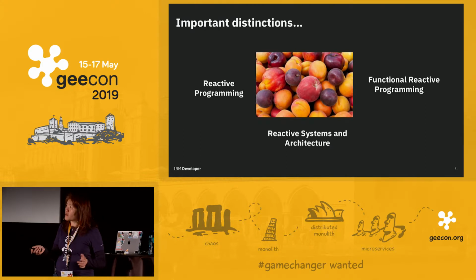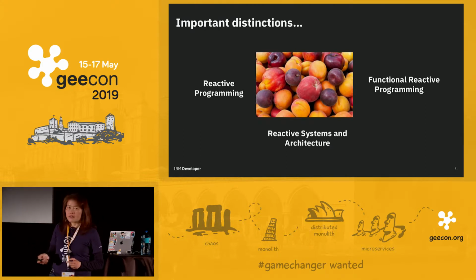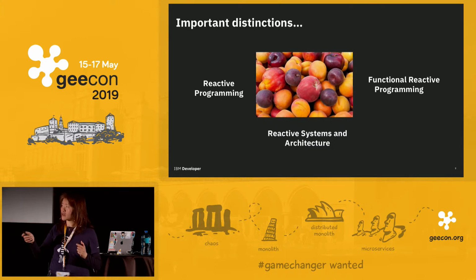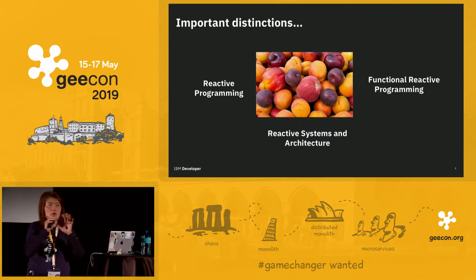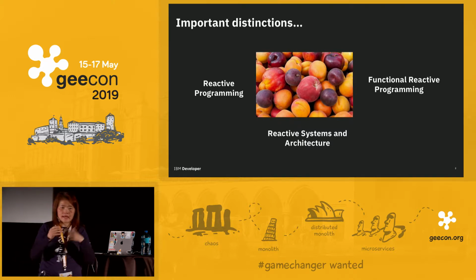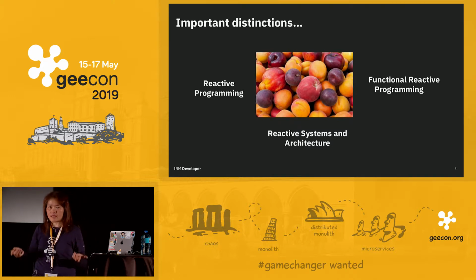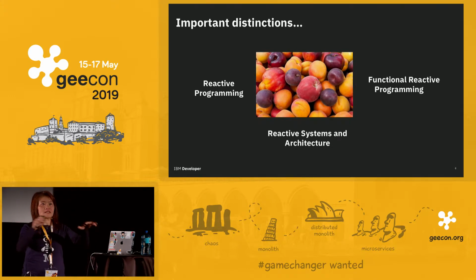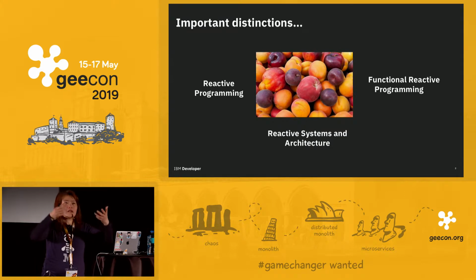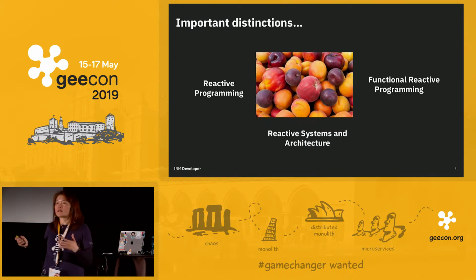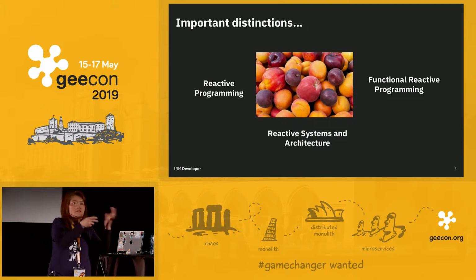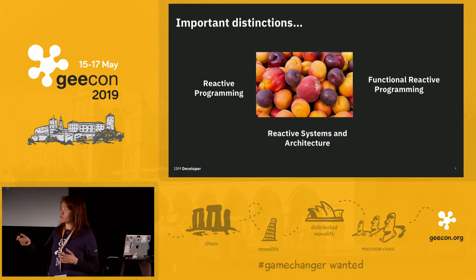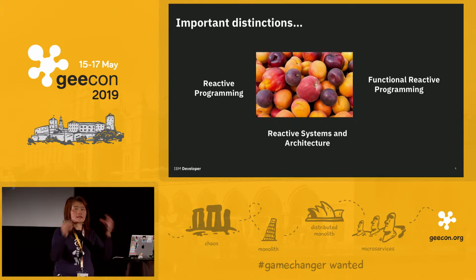And then when we talk about reactive systems and architecture, that actually is another level up. When we talk about programming, we usually deal with one component of a system that handles some internal logic and manages the data. But for reactive systems and architecture, we go above. We are talking about a whole system that consists of many components, and each one of them is using, for example, a reactive style of programming. So reactive systems architecture is the next level up.